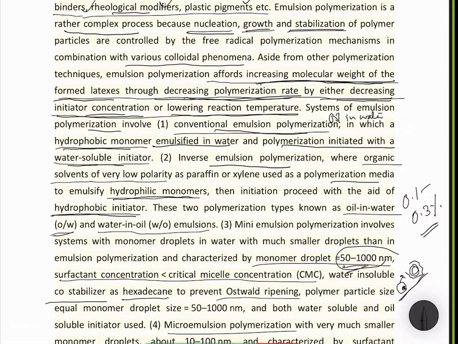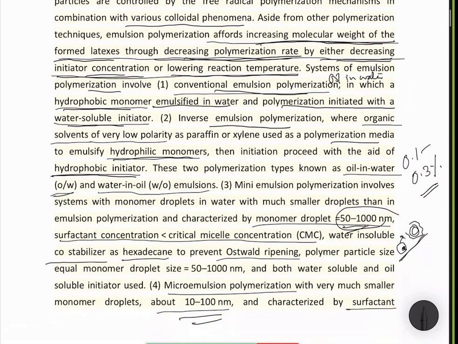So these are referred to as oil in water, that is your conventional polymerization, and water in oil, that is your inverse emulsion polymerization. Now there could be other varieties like mini emulsion polymerization, which involves systems with monomer droplets